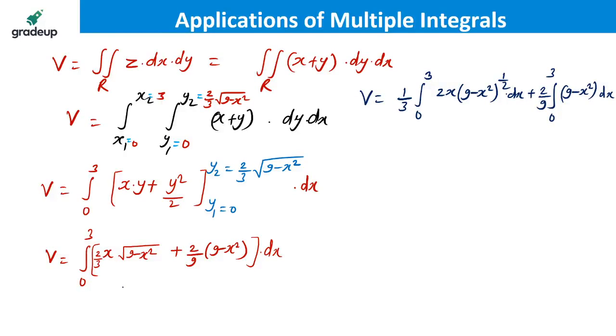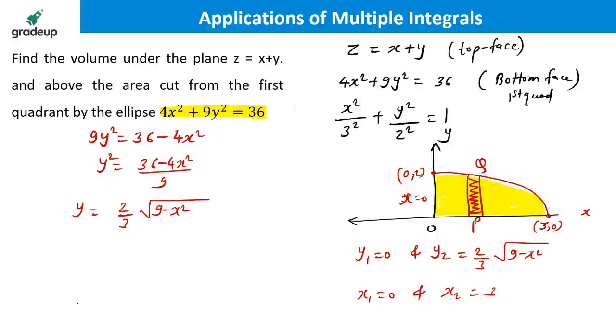Yes, we are moving the strip from left to right only. From left extreme I got 0, from right extreme I got 3. Vertical strip should be slided horizontally. I am not moving from x-axis to y-axis. I am not moving from y-axis to x-axis. I am moving from left to right. Left to right.